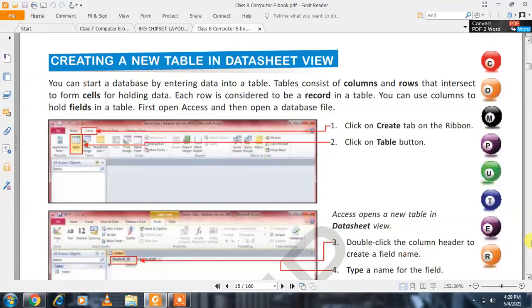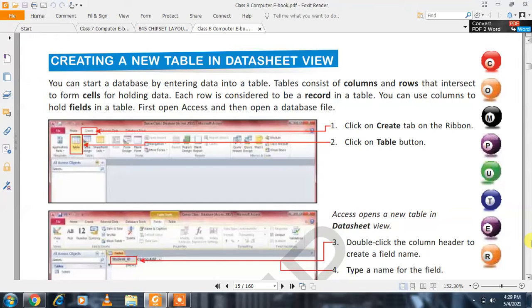Part of this chapter 2, that is the table in Microsoft Access, I am going to explain how to create a new table in datasheet view. As you know earlier, MS Access is basically a database in tabular format, and we have to create a database by using different views. There are two different views, the datasheet view and the design view, by which we can create a table and feed our data.